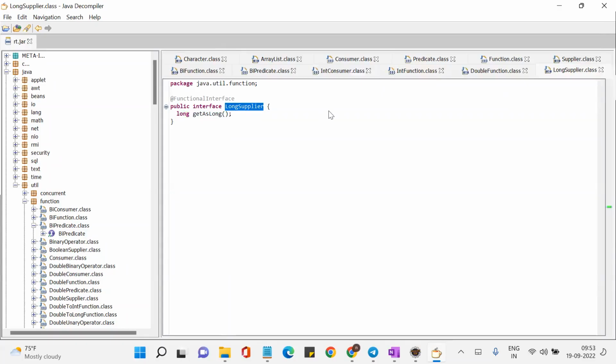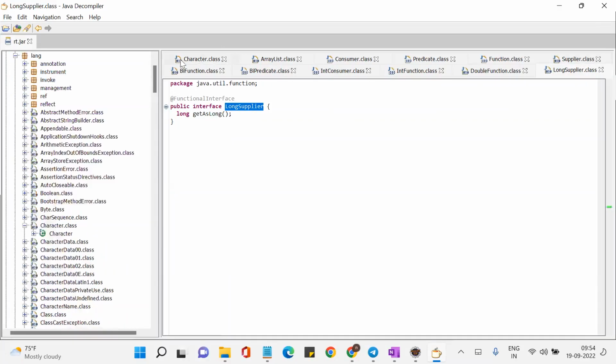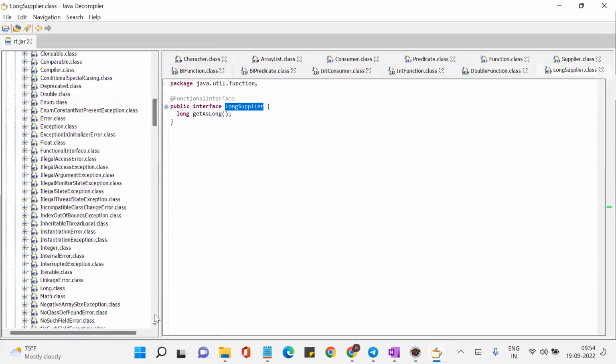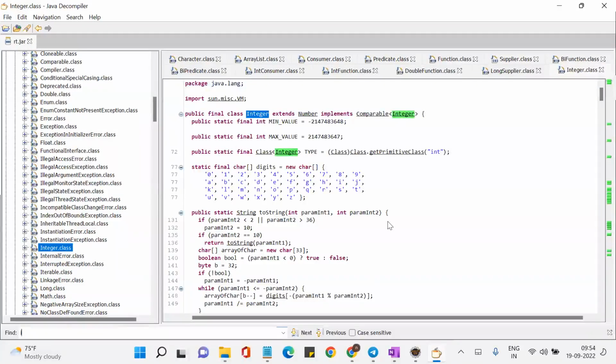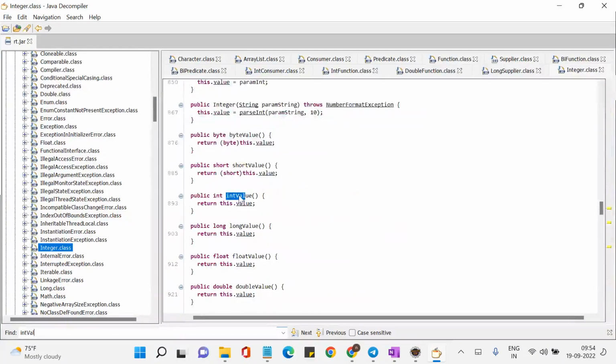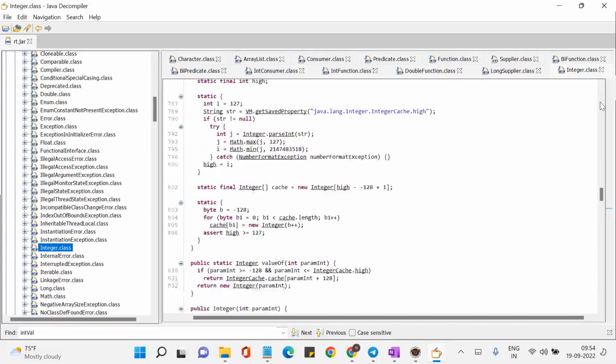Sir, is intValue a method present inside the particular class? Yes. Look here. If you want to check, go to where the Integer class is present: java.lang. Now let's go to Java here. Is it an Integer class? Yes. Now let's look at intValue. Are you able to see this is a method, intValue? Not only intValue, longValue, floatValue, doubleValue, all correct. So this is the advantage of